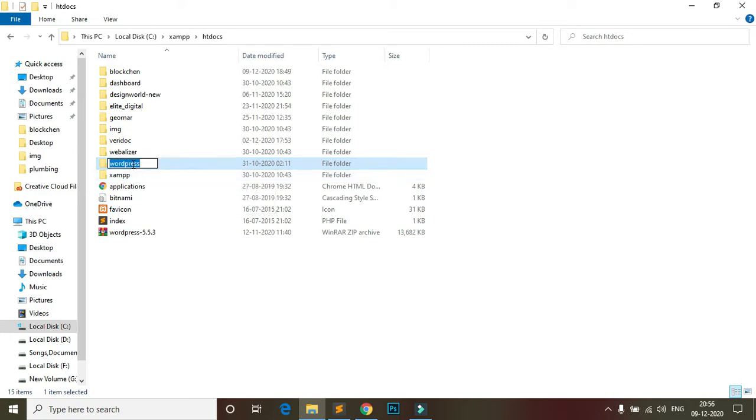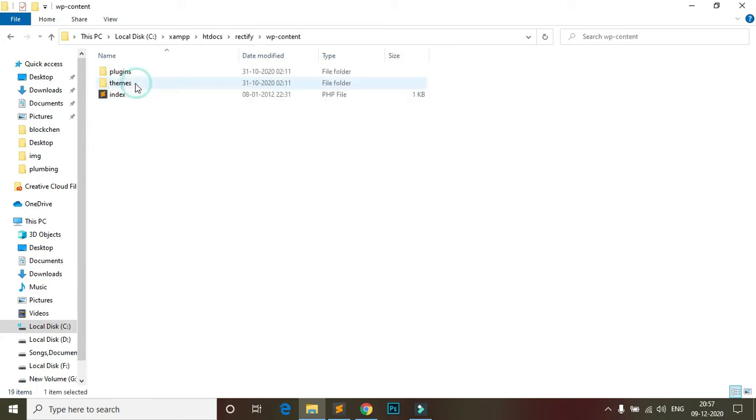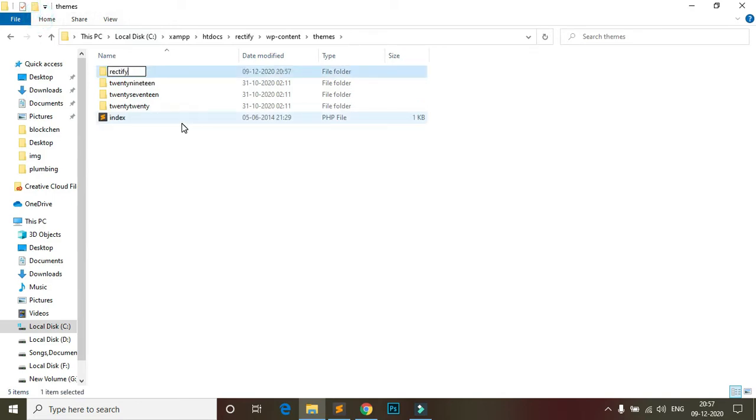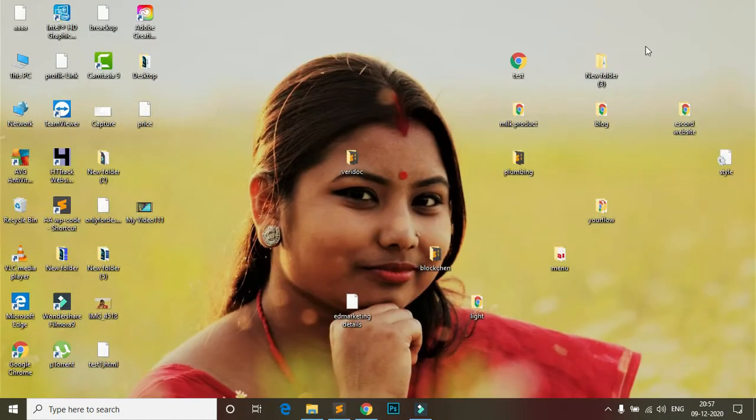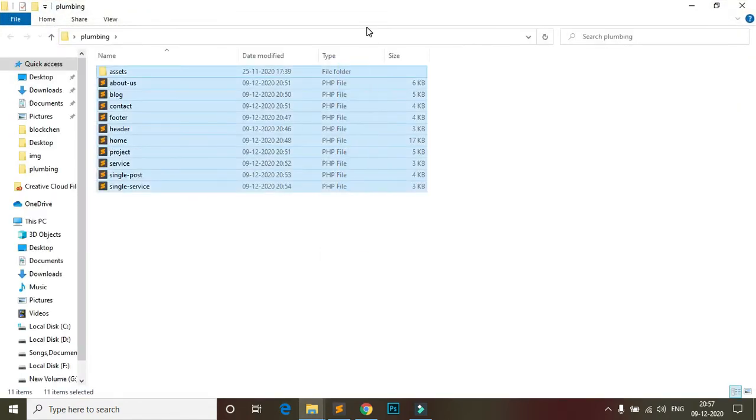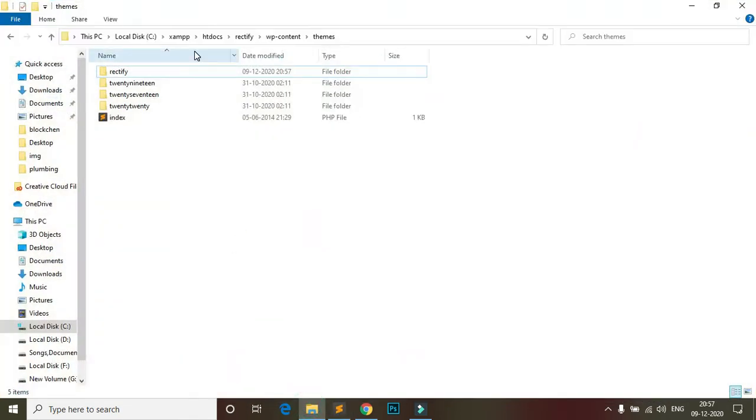What happened? Rectify. Then I create a folder with the same name in wp-content themes. Then I copy all the files from plugins and paste them here in rectify.